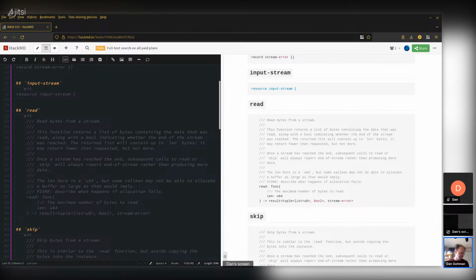Yeah, so in the built-in stream type, there's a function called forward, which says I want you to take this stream and forward the entire thing to this other stream. I think that makes sense, but it's a little bit awkward for the synchronous model. In the async world, it makes sense because that forward function can itself be async. But in a synchronous case, if you call that forward function, it would essentially block until the entire stream has been consumed.